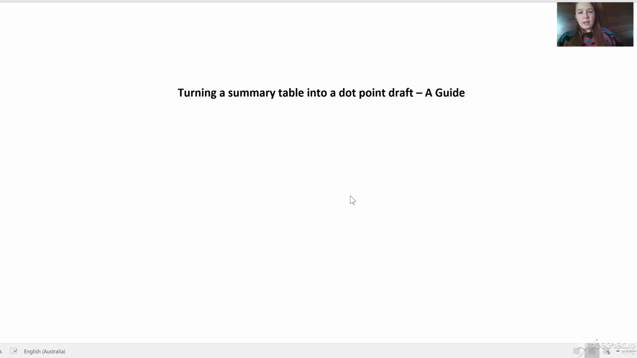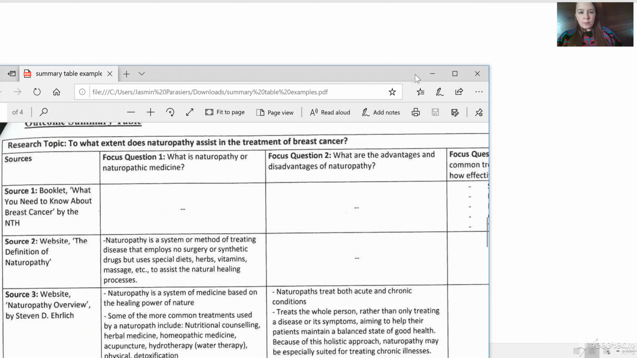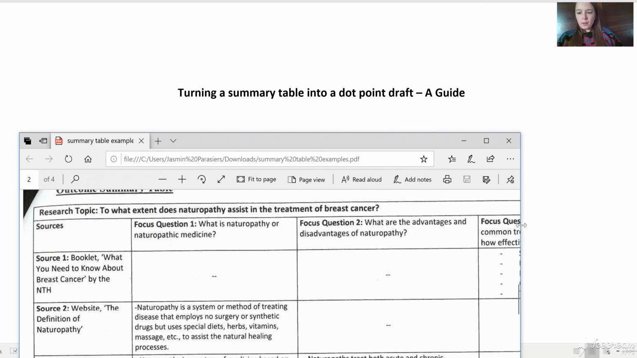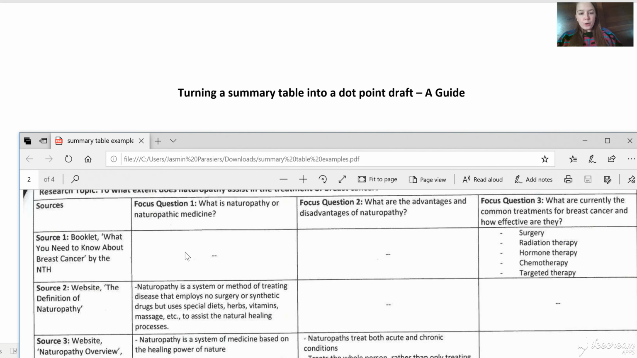But a dot point draft is a little bit more detailed, a little bit more structured, starting to really break apart your introduction and your topic sentences, etc. So if we have a look at a summary table, as we do this, it might help. So we know this student was doing, to what extent does naturopathy assist in the treatment of breast cancer? And in the first